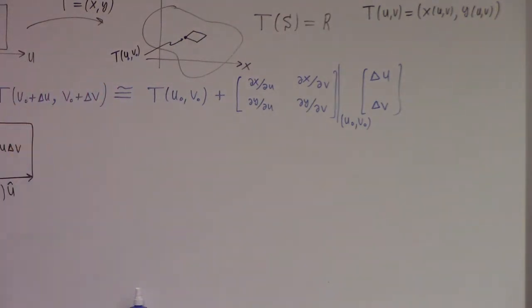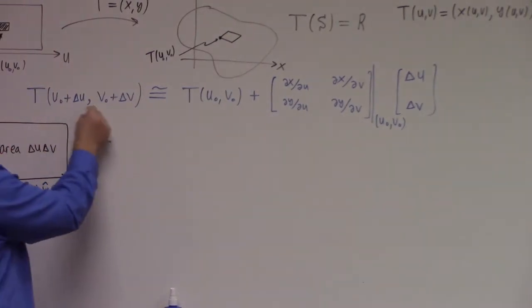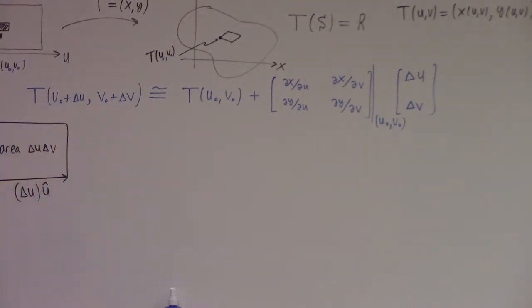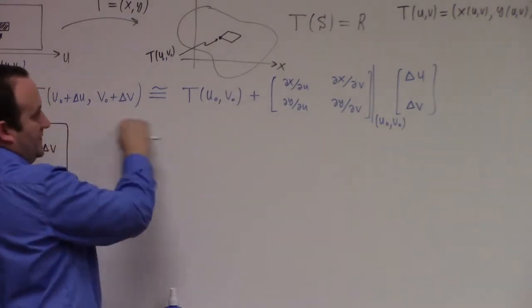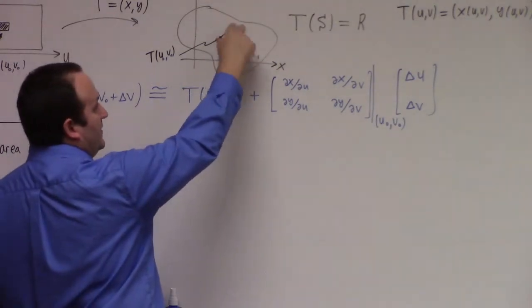This is the linearization of the coordinate transformation, and that essentially becomes an equality if delta u and delta v are very small. So if I consider a little, almost infinitesimal rectangle, it is going to map under this linearization of the coordinate change to another very small